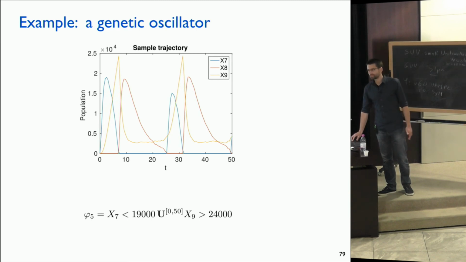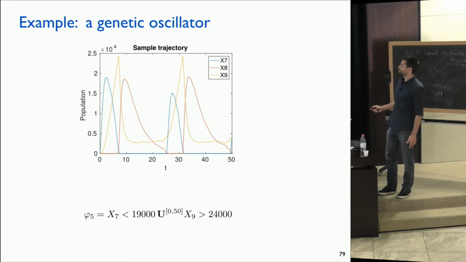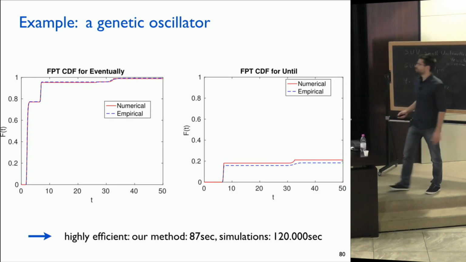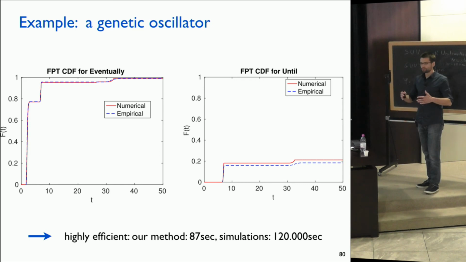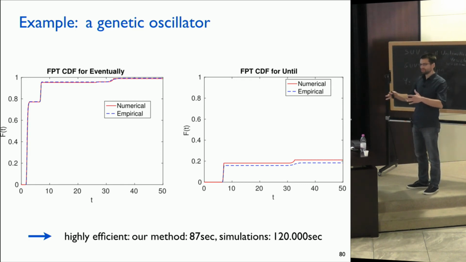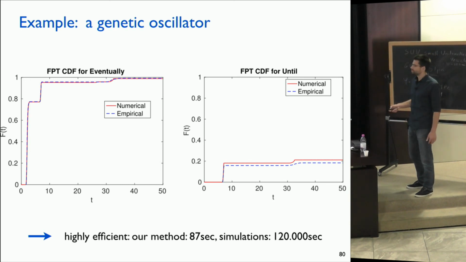And this is a quite interesting example because it might happen in the first oscillation, but it might be that both don't reach the threshold. And then we get a contribution from the second oscillation, which is why the survival probability, so the probability to not leave the region at all, has such a step function. And we see that our approximation, the red one, approximates the exact result pretty well. And also for the actual until probability, it's not perfect, but we get a decent approximation.